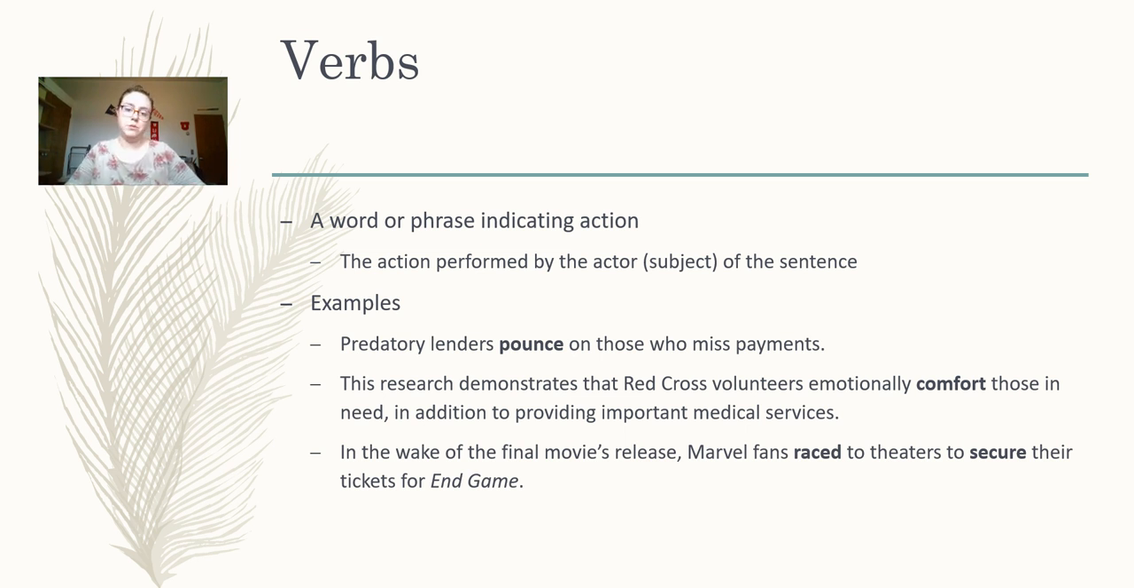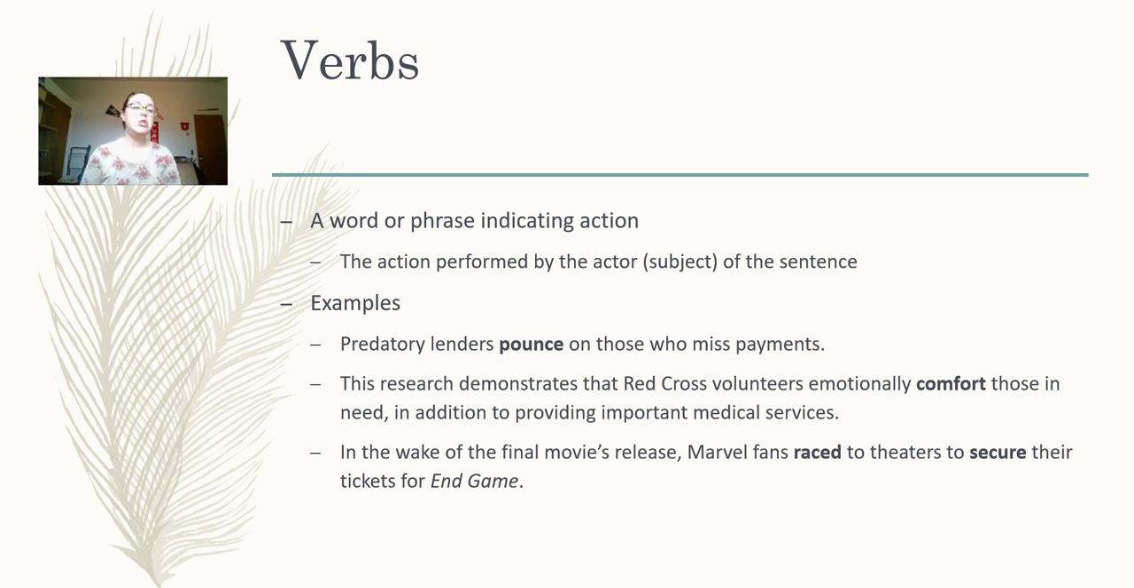So predatory lenders pounce on those who miss payments. When we think of the word pounce, we might think of something like a lion pouncing on its prey. So it creates this very hunter-hunted kind of dynamic among the lenders and those who miss payments. Let's think if we replace the verb pounce with something like reprimand or apprehend. A lion doesn't really apprehend or reprimand its prey. So we have thrown out this sort of hunted versus hunter type imagery